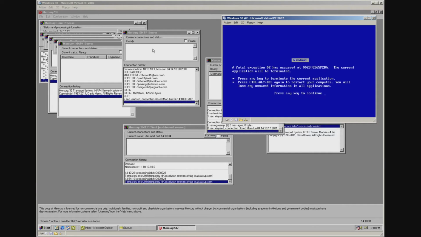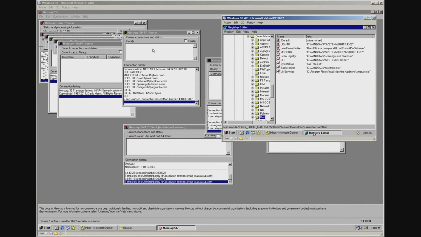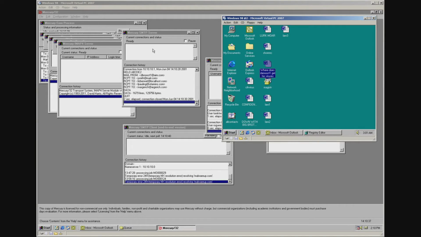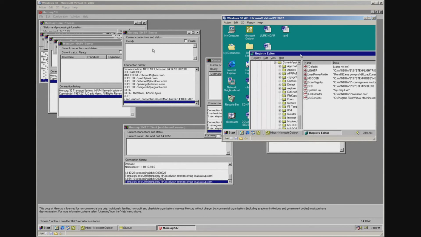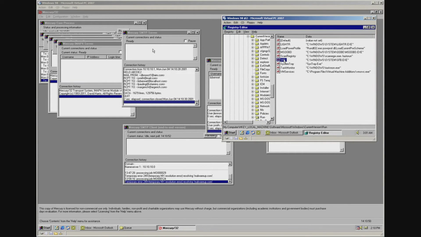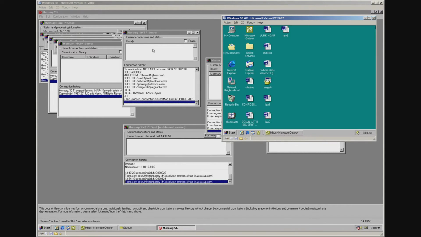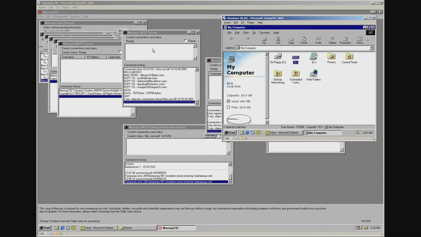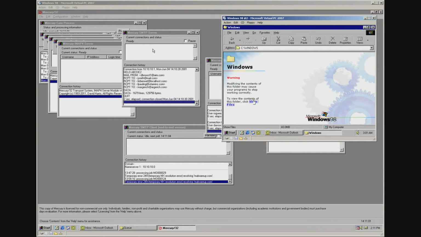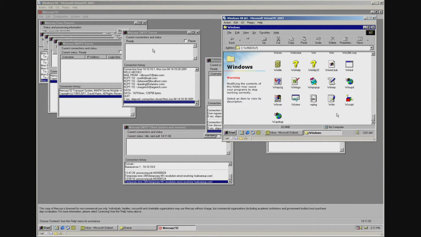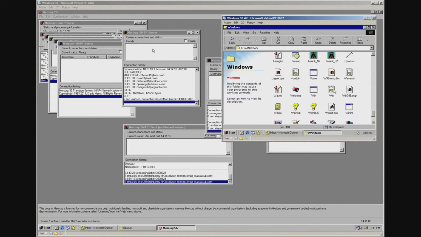Oh, we have the blue screen of death. And well, when it does that, explorer.exe actually ends. So I'll just delete these, and explorer.exe ended. Okay, it's empty, so